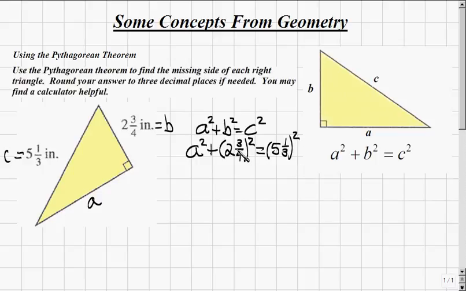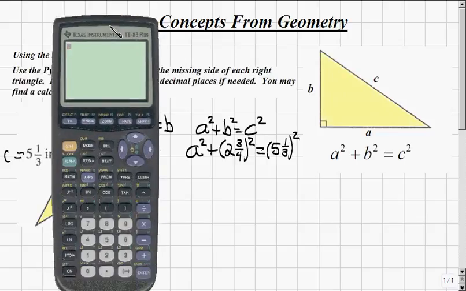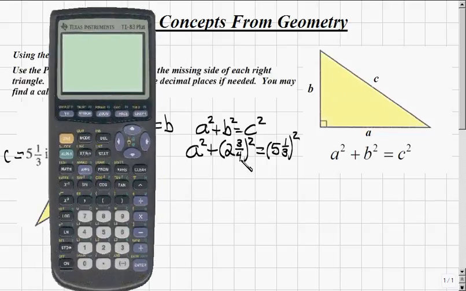Next, let's use a calculator to calculate what 2 3/4 squared is, as well as 5 1/3 squared. So, bringing up a TI-83 calculator, 2 3/4 squared, we can enter in exactly what we see here as parenthesis 2. The word and means plus 3/4, 2 3/4 quantity squared. This works out to 7.5625. So a squared plus 7.5625